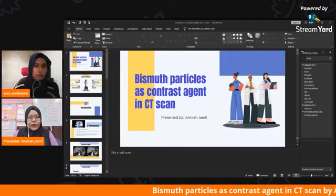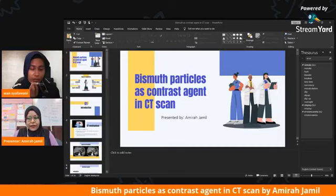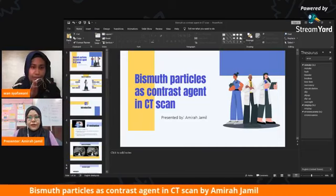Objective 1 is to evaluate the cytotoxicity of bismuth nanoparticles. And Amirah Jamil,